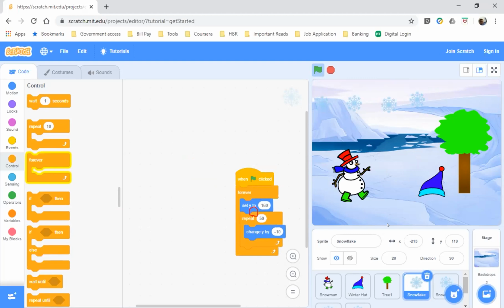Yes, sir, done. Okay, show me. Vian, you have to stop sharing. So in everything I need to put from events when clicked green flag. Yes, you have to do that. But for the tree, when this sprite is clicked, then it is not needed, right? Because for that you are clicking on it.